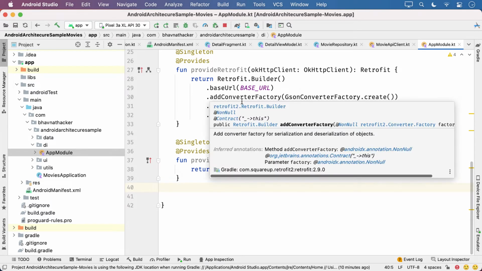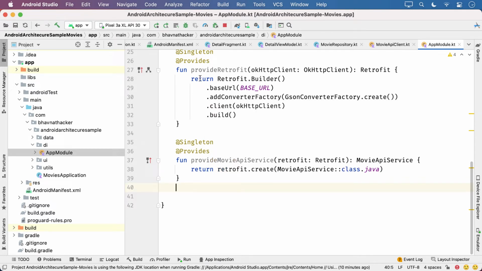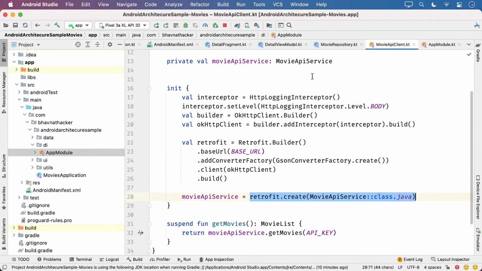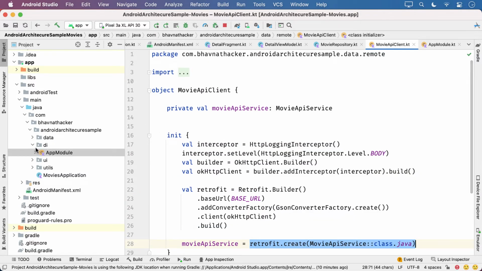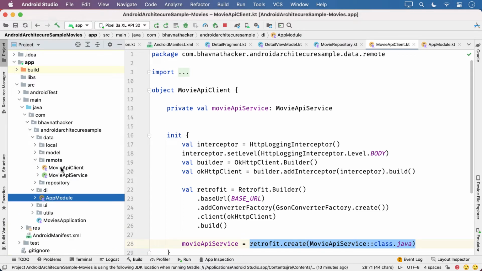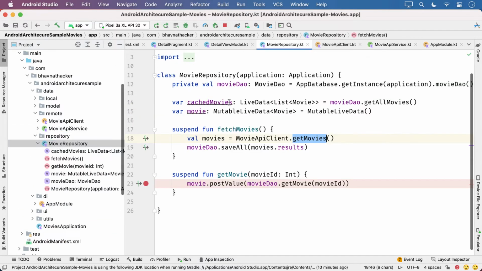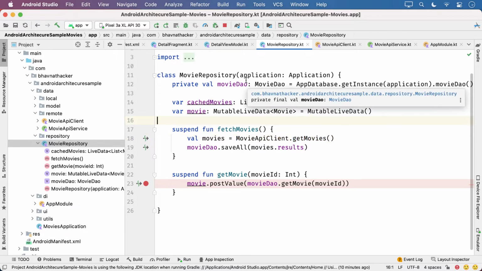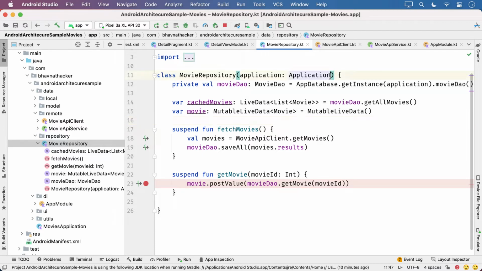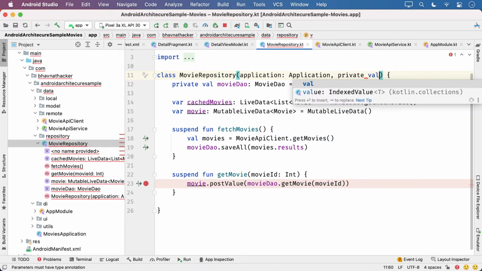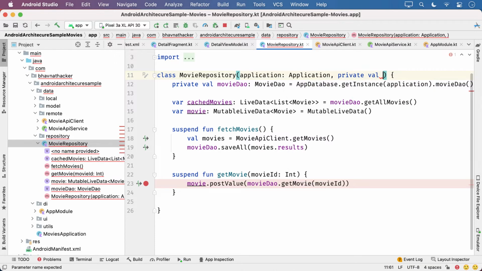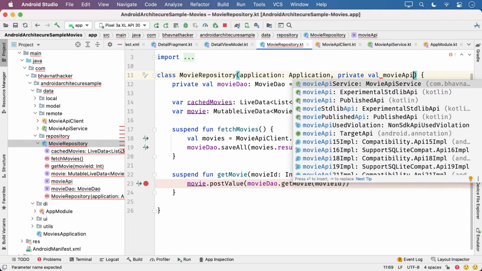Then go to the place where this MovieAPIClient is used. If you go to data remote, MovieAPIClient and MovieAPIService are used by the repository class. So this repository class has movieAPIClient.getMovies. So what I will do in the movie repository class is a private val movieAPIService.